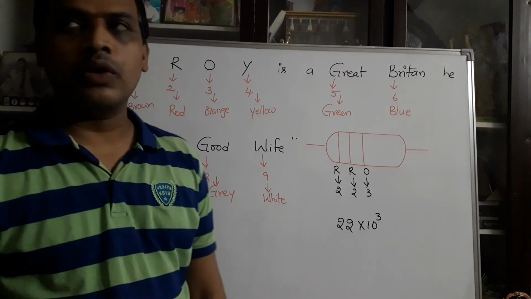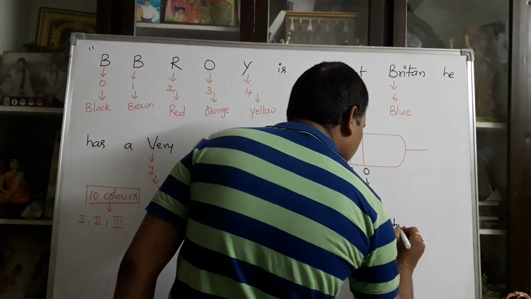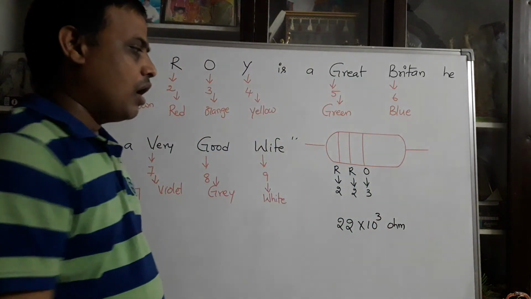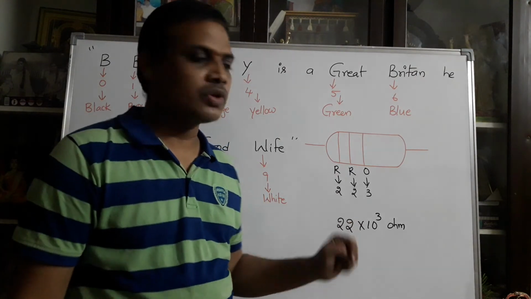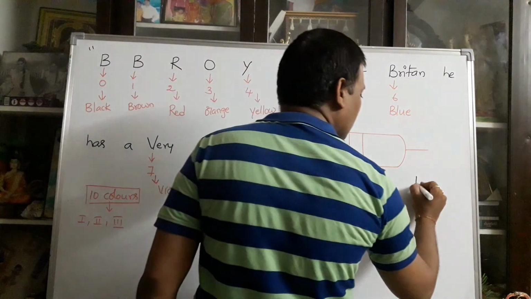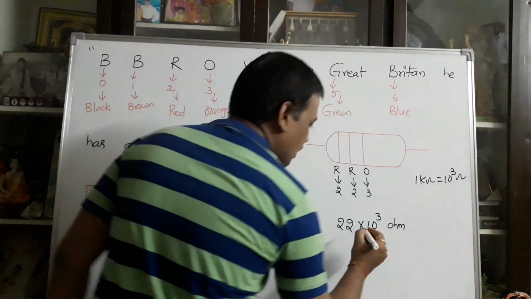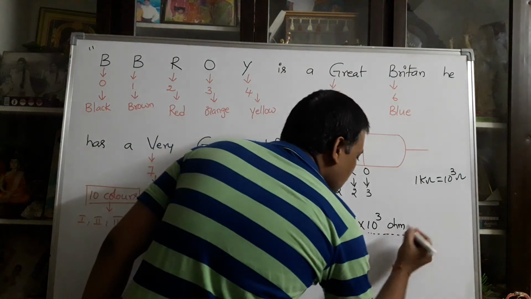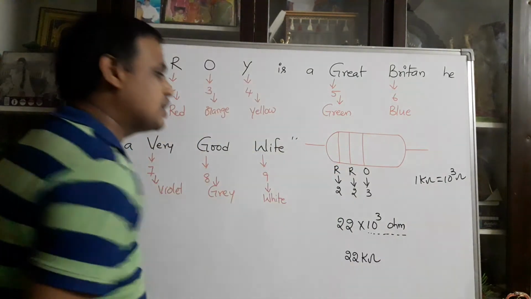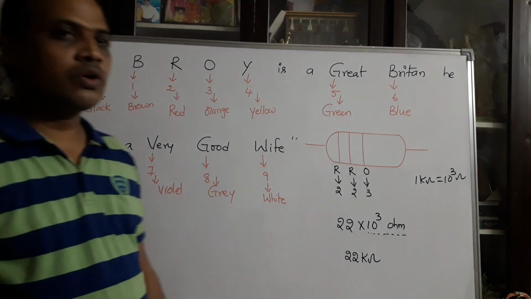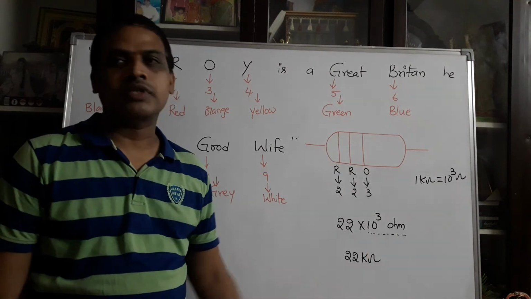What is the basic unit of resistance? The basic unit of resistance is ohm. According to the objective purpose, the answers must be expressed in terms of kilo ohms. What is kilo ohm? 1 kilo ohm is nothing but 10 power 3 ohms. Here 10 power 3 is there. So immediately you can write the answer: 22 kilo ohms. That is the fixed value resistance. There is no value change. Based on the starting 3 colors, they give the fixed value resistance.